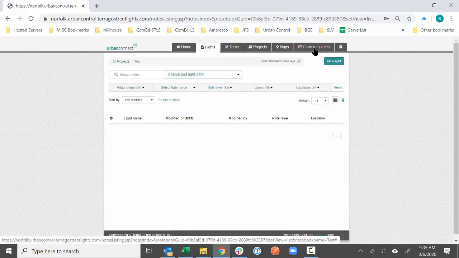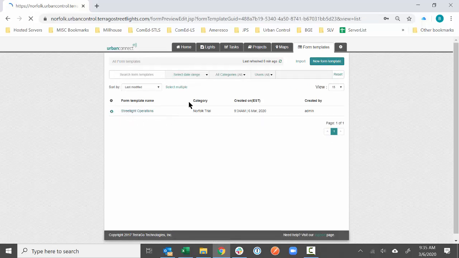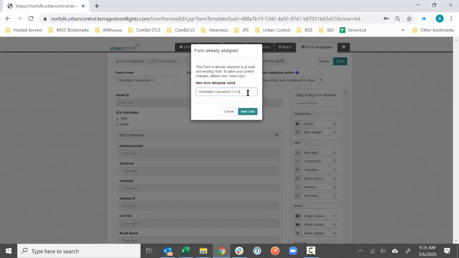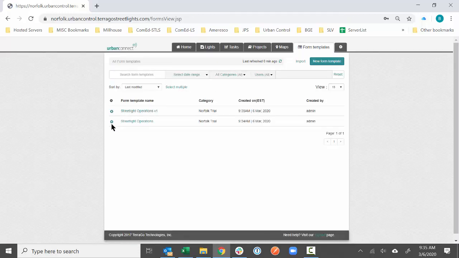All right. Now the next thing we need to do with these form templates, before I start working on the CSV, we need to make a modification to this JSON basically. So I'm going to call this V1 for right now. All right, so at the very end of this thing, you want the form that's attached to the